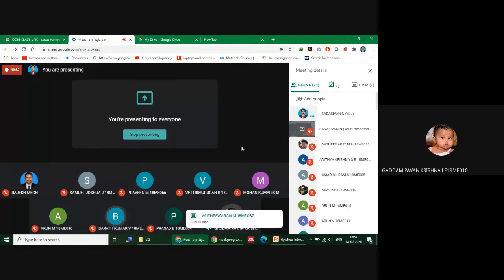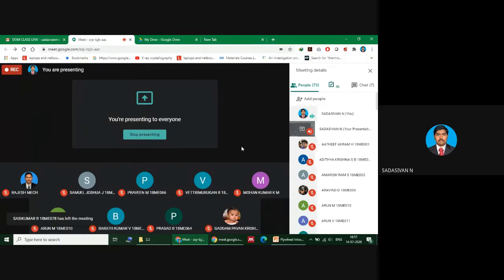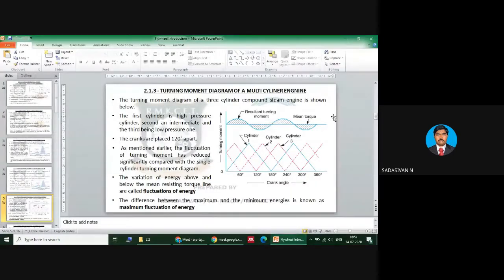Maruti 800 is a 3-cylinder engine. That is the most widely sold car in India in history. I am not talking about what is being sold today; I am talking about the entire number from the beginning. Ten million cars were sold. Maruti 800. So the Maruti 800 is a 3-cylinder engine. That's why I'm telling you; this graph I'm showing you is taken from the turning moment diagram of a